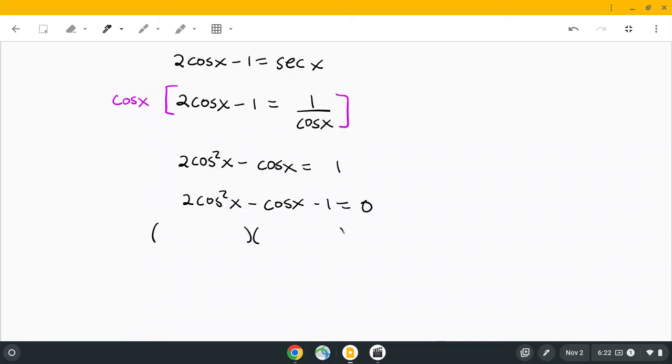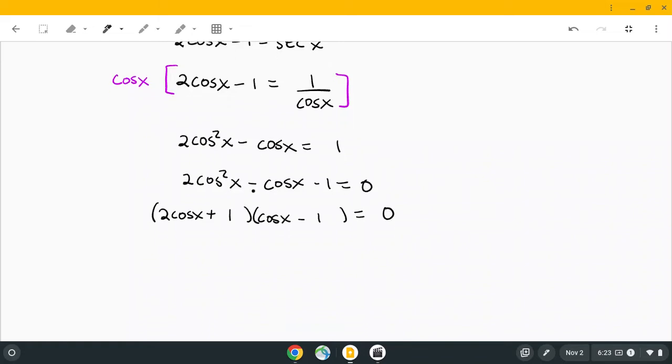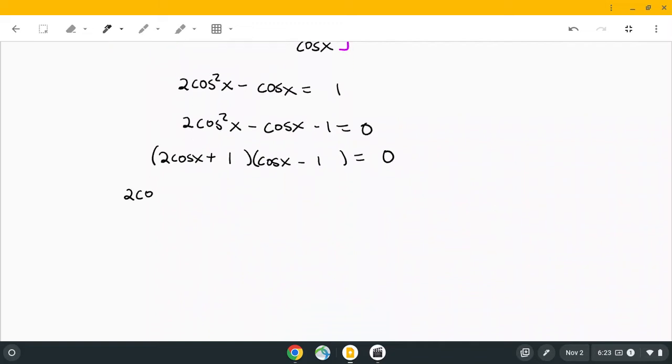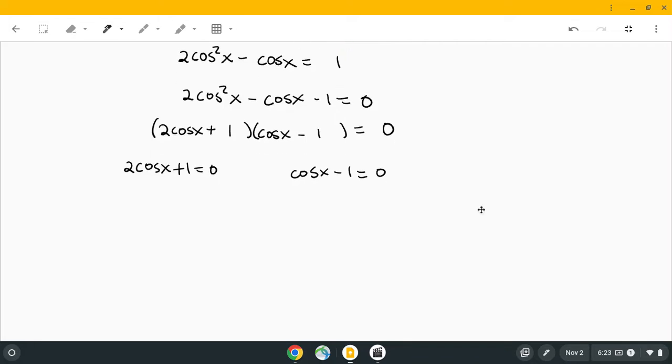And here I will go ahead and try factoring. Okay, so 2 cosine x times 1 cosine x, positive, negative, 1 times 1, negative 2 plus 1 gives me negative 1 for the middle. So this is correct. All right, so now I'm going to go ahead and take each factor, set it equal to 0, and solve. So here I'm going to subtract 1. I get 2 cosine x equals -1. Divide both sides by 2. So cosine x equals